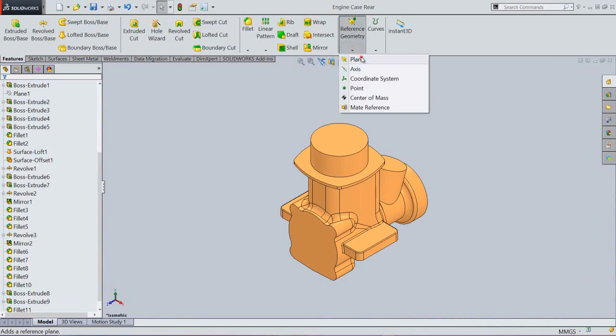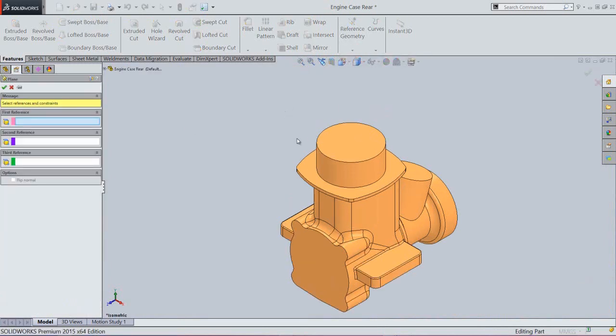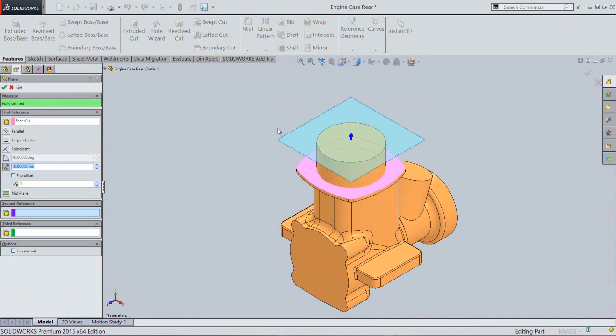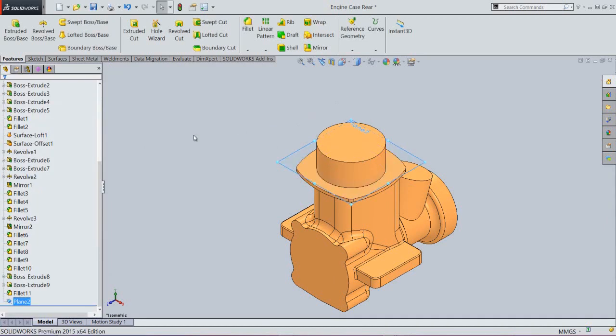Activate the plane command and select this face. Set the offset distance value 2 mm. Click OK. Now we will create a sketch on this plane.